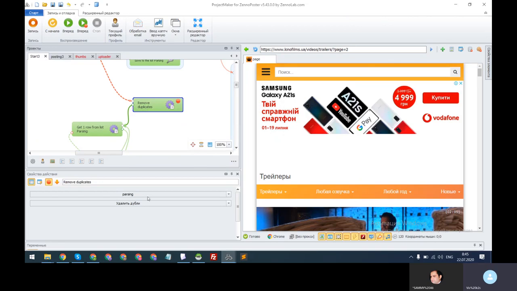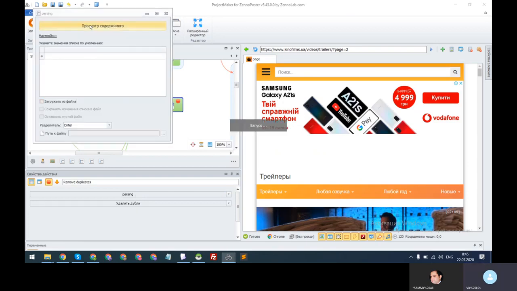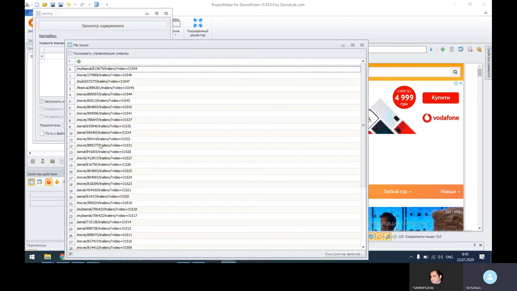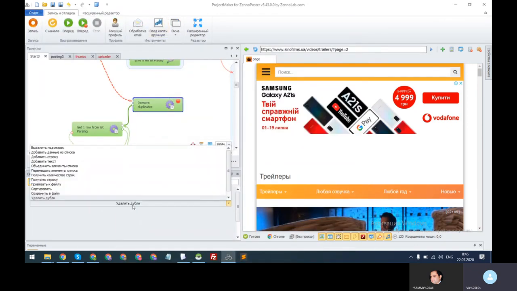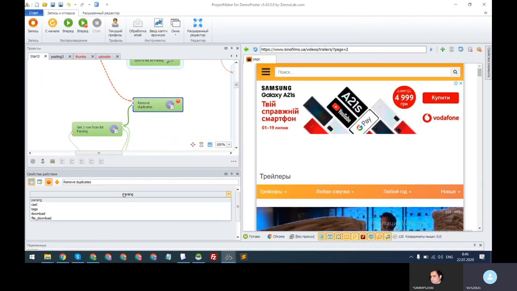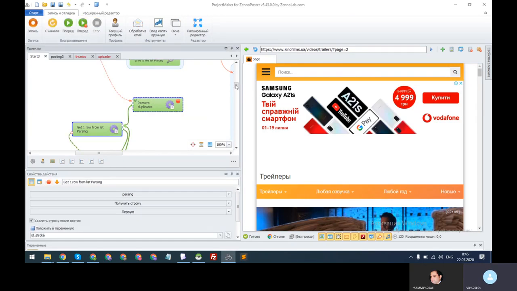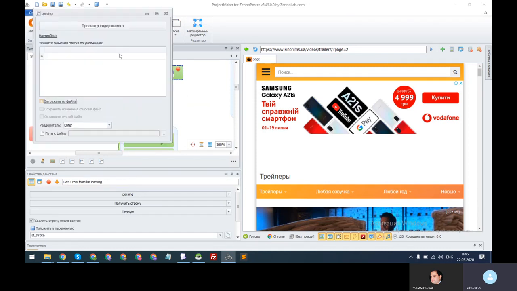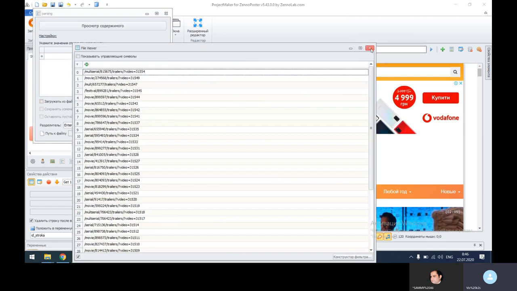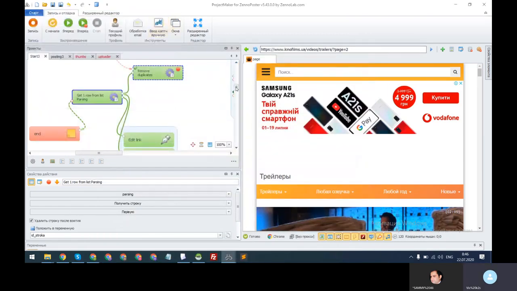So we choose this action, we choose the list named parsing, because by accident you can add duplicates of links here and we don't need them. And we choose here the action remove duplicates. Here's our list, and we remove duplicates. I suppose we don't have duplicates, so it's okay. And now we just parse this list one row by another,